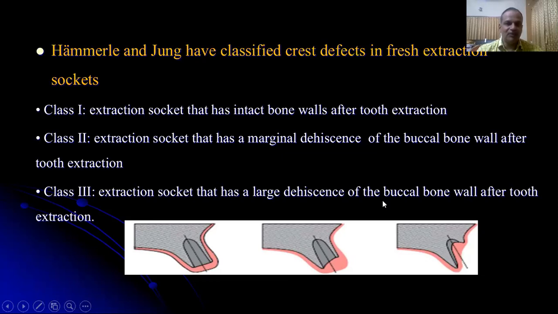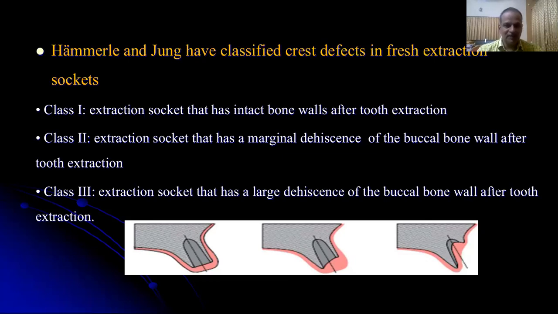And the second most important thing which I was talking about was to extract the tooth as conservatively as possible. The extraction should be conducted with fine instruments such as periotomes, which are narrow flat instruments that should be inserted through the gingival sulcus into the periodontal ligament space, and the periodontal ligament fibers should be severed with the periotome. Then the elevator should be used to elevate the tooth, and the forceps can finally be used to remove the tooth.